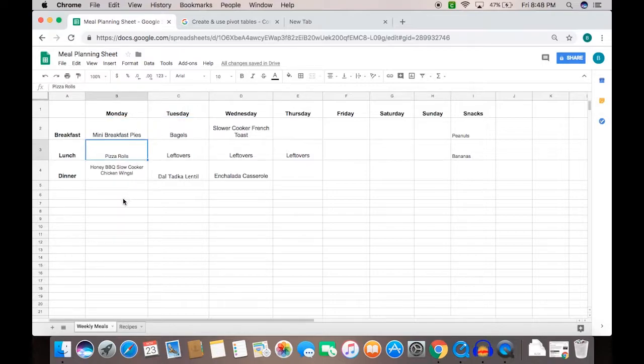You can see I put leftovers on certain days. If you're doing a good meal plan, you make leftovers so you can have them for lunch the next day. Let's see. So once you have your meal planning sheet, you would go down to recipes, and